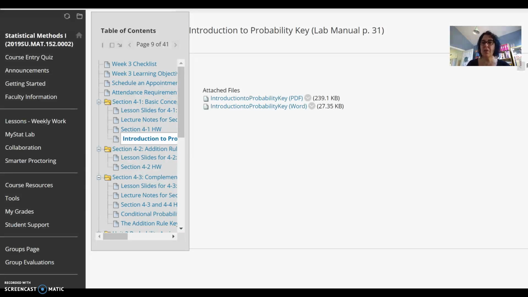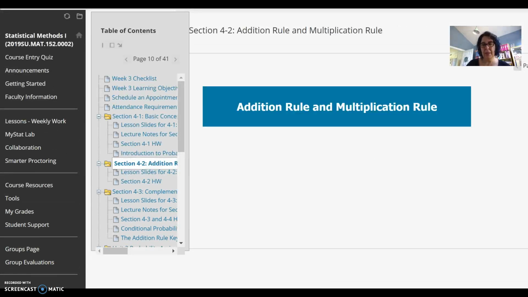So this section is fairly short compared to the others. It's going to take about 2 hours, everything included in there. Then move along to section 2, rules in probability. Events in probability require either addition or multiplication, or sometimes both. But luckily, we're not interested in the sometimes-both part, so we're moving on. Look again at the section 4.2 slides and the section 4.2 homework in my StatLab.